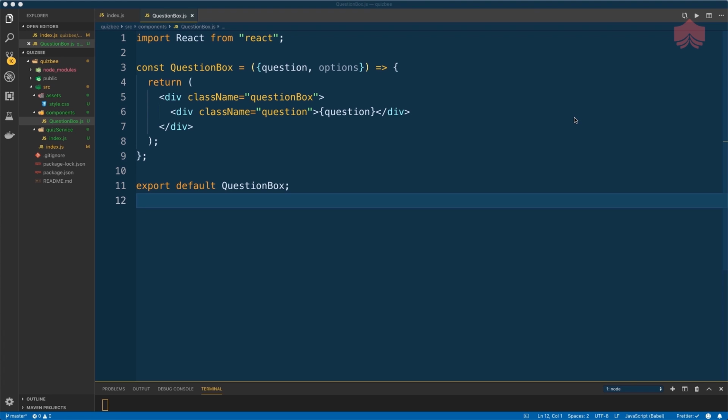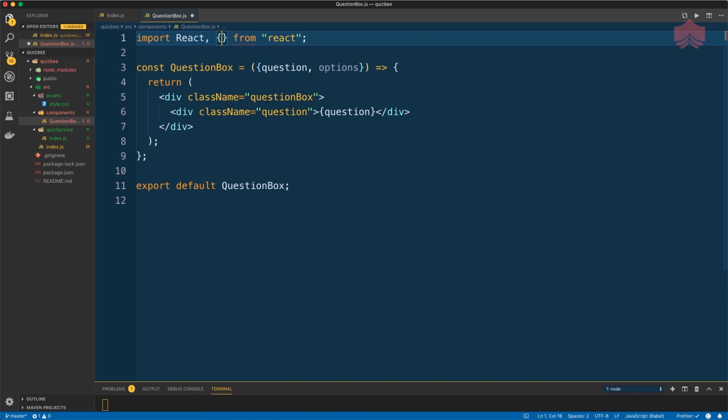Now, function components, unlike class components, do not provide state management features. This is ideal because you won't want state management and lifecycle features in components that only have to display data and provide simple interaction features. Having said that, should you need to incorporate state in a function component, React offers you a plug-and-play API known as hooks. I'll begin by importing the useState method, which will allow me to incorporate state in a function component.